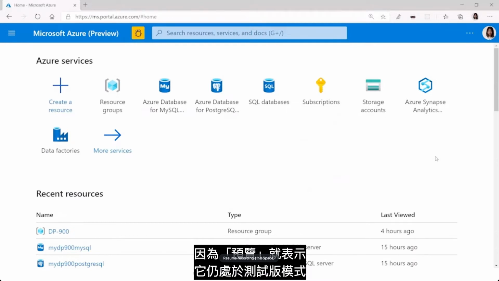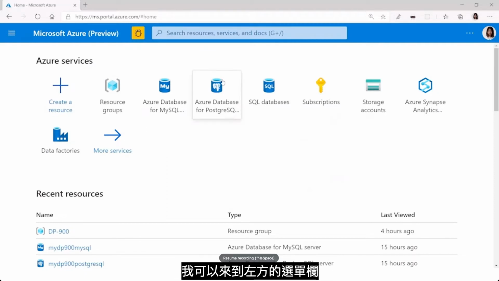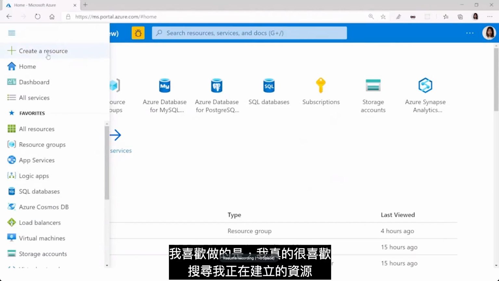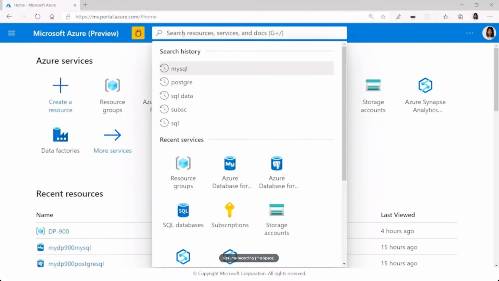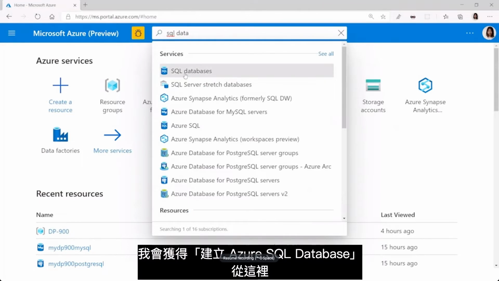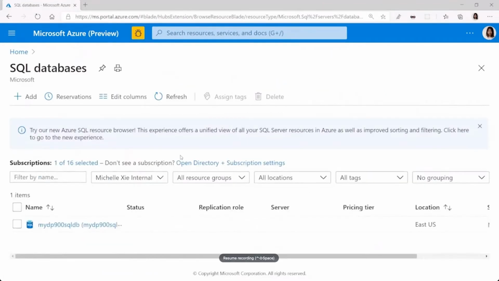Now I am using the preview version, so yours might actually look slightly different because preview means it's still in beta mode. So to create any resource, including an Azure SQL database, I can come into my left-hand menu bar, open this up and create a resource from here. Alternatively, what I like to do is search for the resource I'm creating. So if I look up SQL database, for example, I get to create an Azure SQL database from here. And so I simply go add,